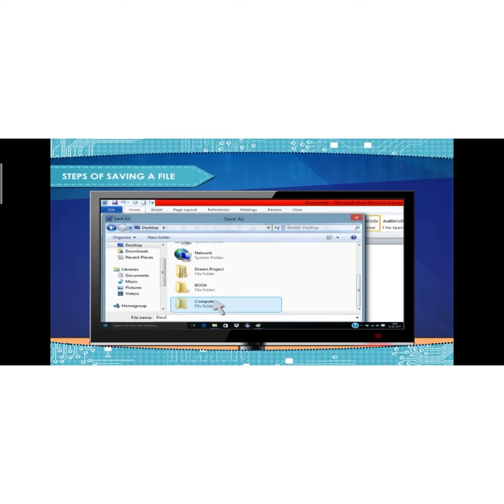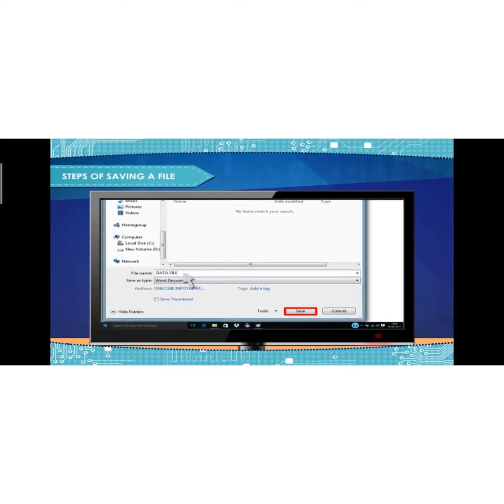For example, we can select Desktop. Give a specific name to your file so that you can identify it. For example, we can give the name data file. Then click on the Save button. Thus, your file will be saved in the computer and you can open and use it next time.